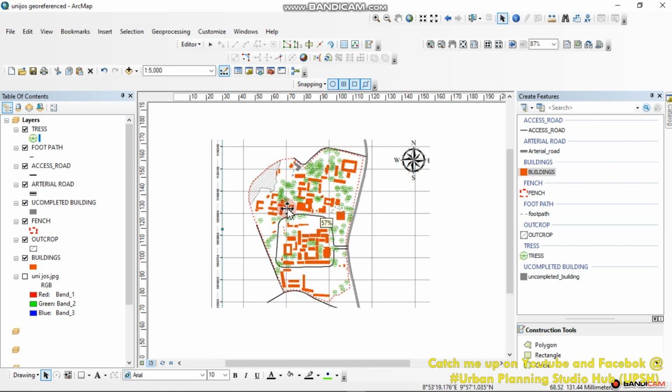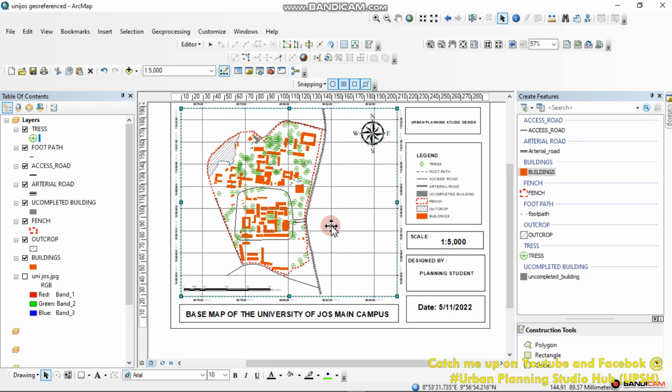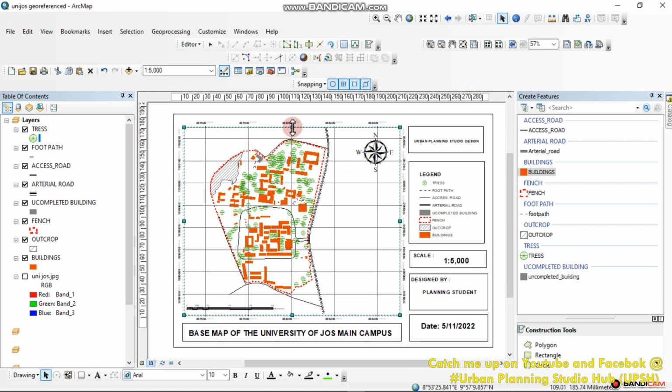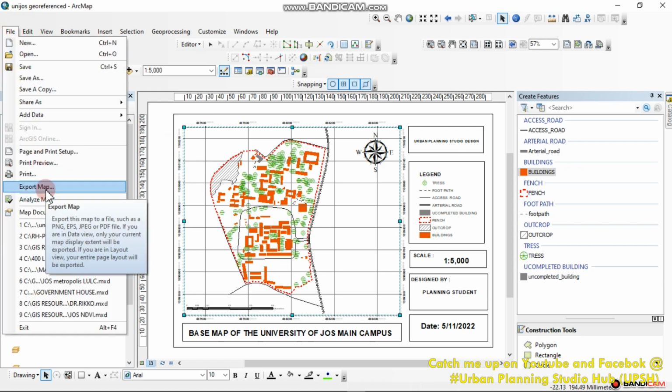We are okay. So what we'll do next is to save this work. I might be saving three. Now we are saving this with graticule, with the latitude and longitude crossing each other. So let's save this. I believe we are okay. So you come to your file, you go to export map,